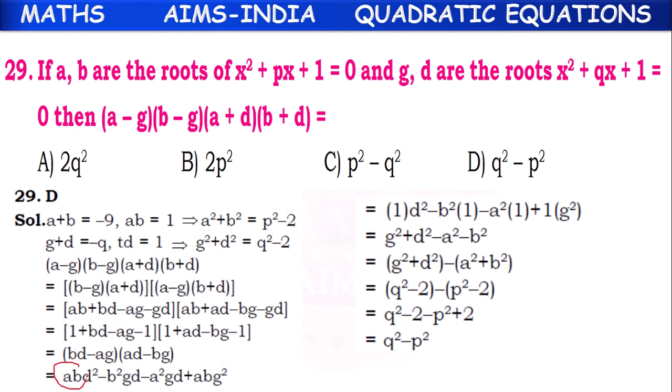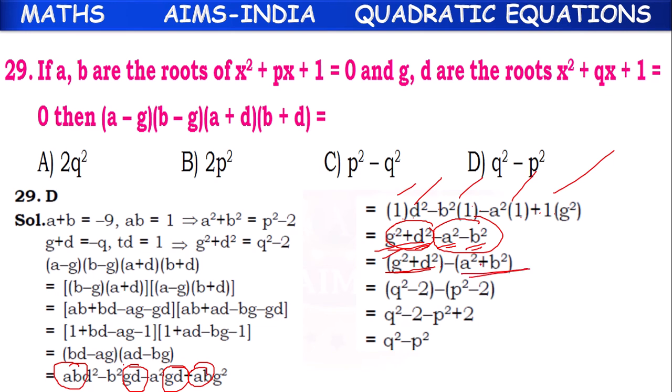Where ab value is 1, it will become 1 delta square, and gamma delta value is 1, it will become b square into 1, gamma delta value again 1, it will become a square into 1, ab value again 1, it will become 1 gamma square. So 1 into delta square, 1 into b square, 1 into a square, 1 into gamma square. Plus terms we are writing first, then minus terms. Plus terms we can write in one bracket, and minus terms, if we take minus common, plus will come.